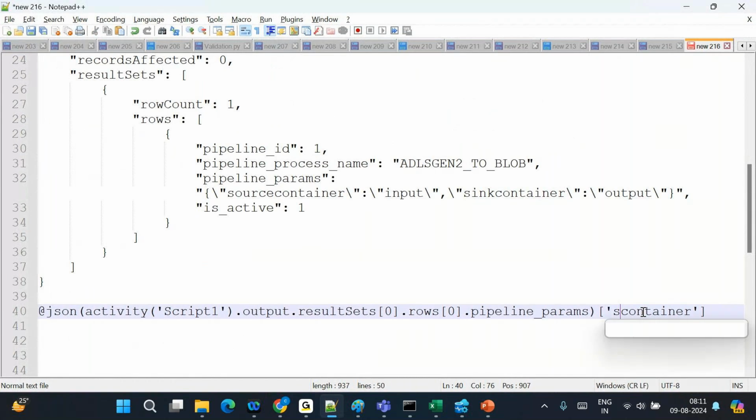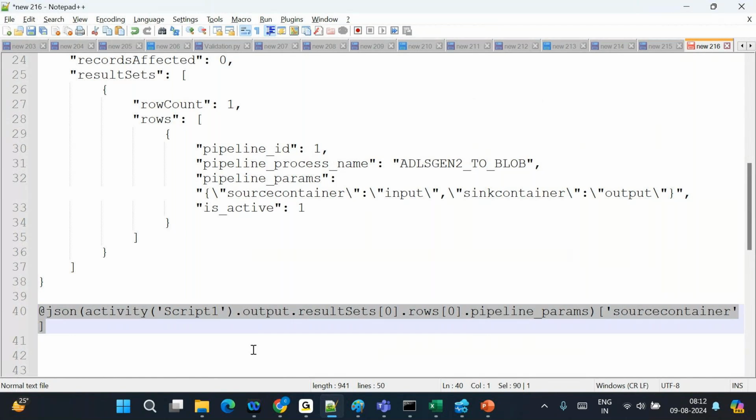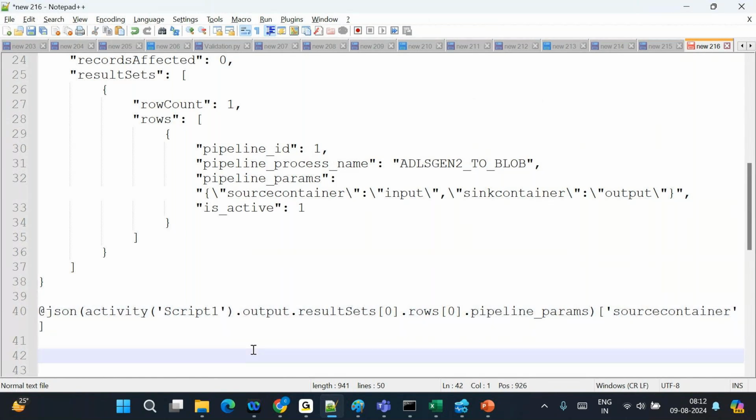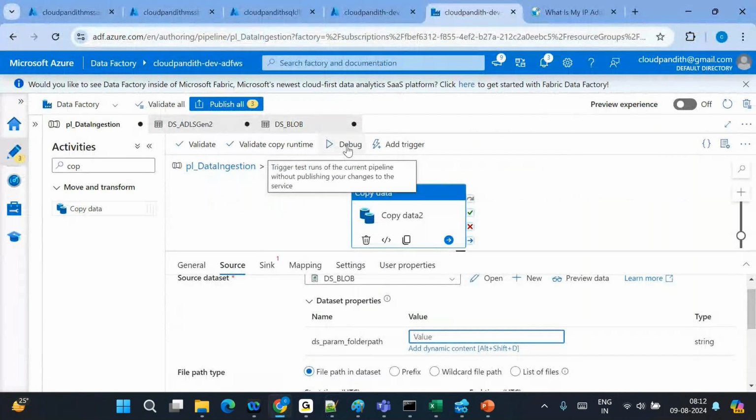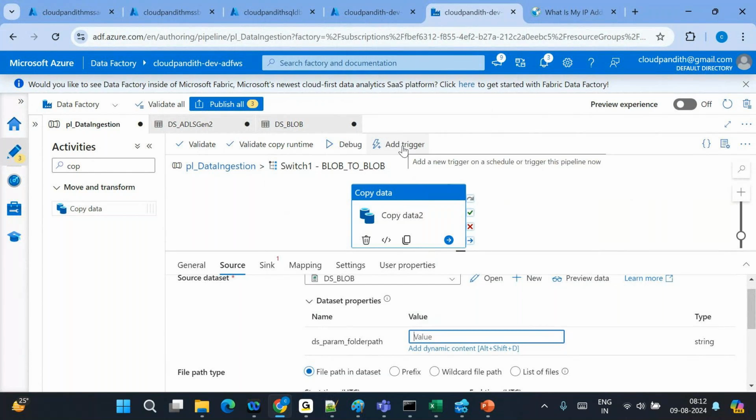Correct? And you are getting the value, right? Result sets 1 dot rows 1. Why rows 1? Always it is 0 only. The reason is, you will be running a pipeline with one ID. Pipeline ID 2, you will get only one entry. We are not entering manually, you will schedule it at different timings, because as a developer,